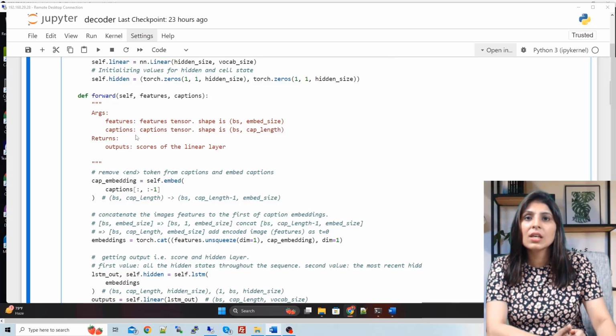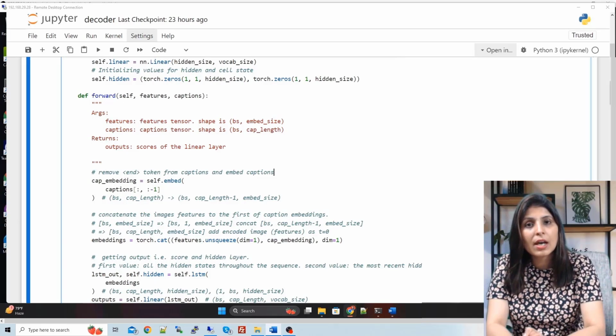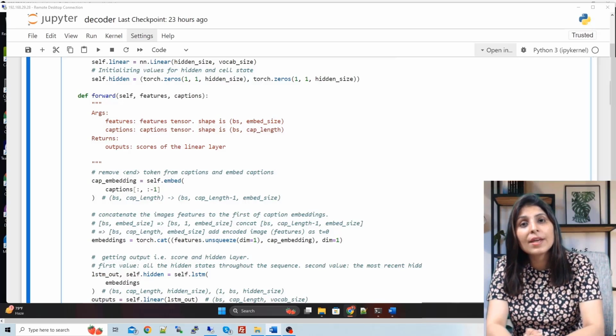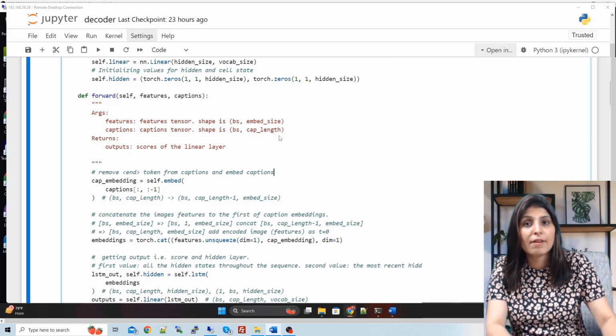And the next thing is this caption. This would be the shape of it, batch size and the caption length. Caption length will be the maximum length of the caption. While showing you the data set, I have shown you that the maximum captions in our data set are of length 10. So that caption length we will define here.